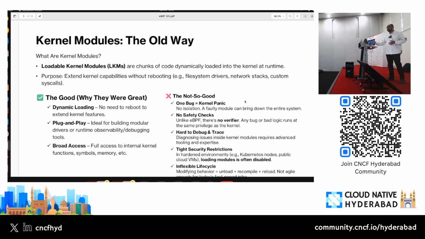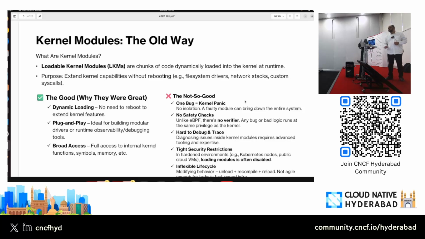So you can see there are some goods, but the not-so-goods dominate a lot. The wonderful thing about these kernel modules is that they are pluggable. You can plug in whenever required, and if not required, you can plug out. And you don't require any reboots if you apply these.